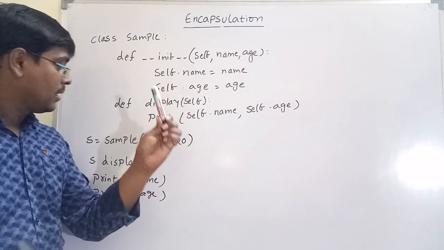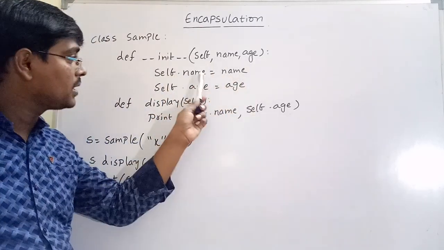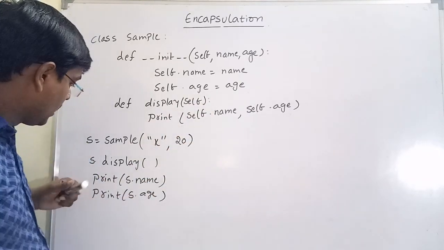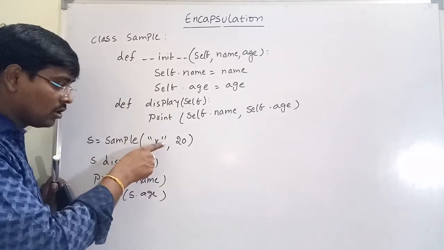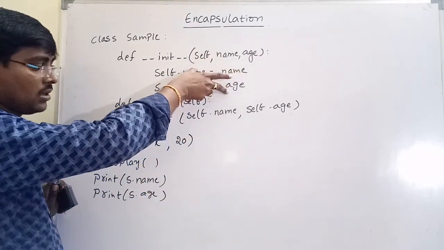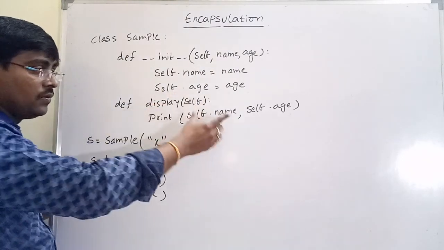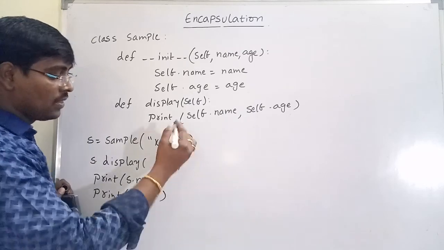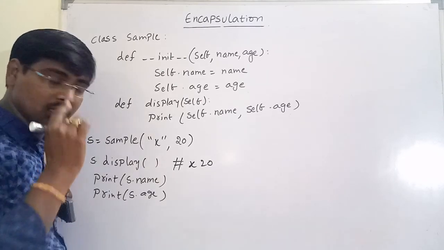What happens? I am creating a class sample with a constructor with two parameters, name and age. I am assigning name and age, and a display function. In the display function it prints the two variables. I am creating an object s is equal to sample of with the two parameters. Whenever we create an object, automatically x is copied into name and 20 is copied into age. So the name and age are assigned. Now s dot display: whenever we call this function, it goes to the function definition and prints name and age. So the answer, x 20, is displayed on the screen.